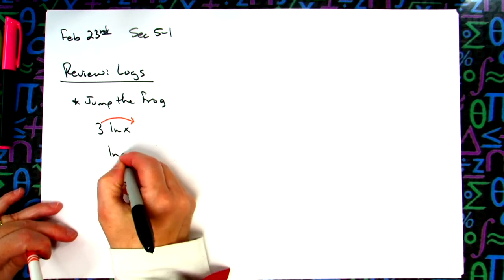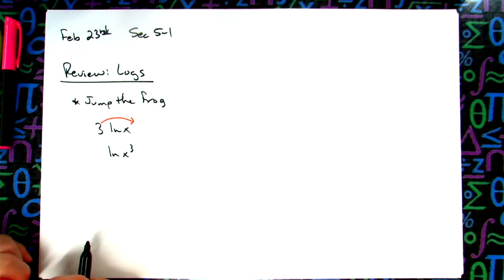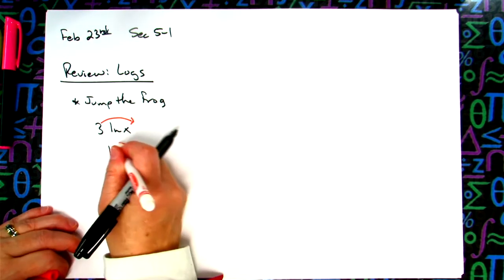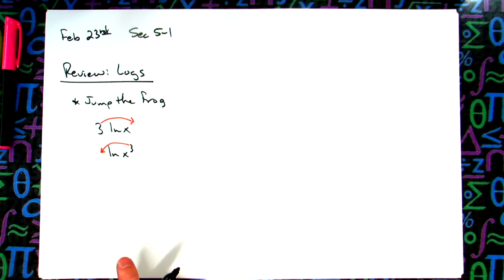So I could go natural log of x to the third. And then it works the same way, right? I can put him up on the log because he's sunning himself, or he can jump out down into the water and cool himself off. Remember the story from last year? Okay, so that we will use a lot, okay? We will use